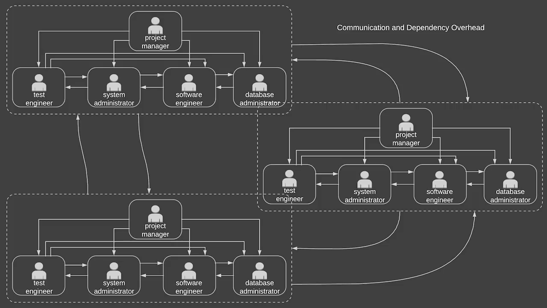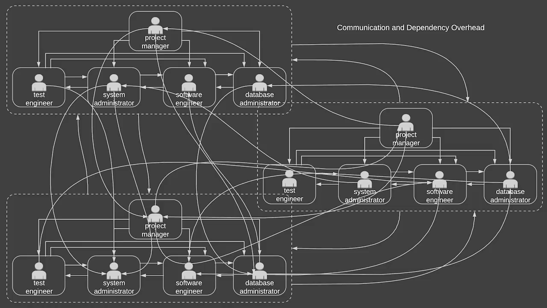So what would happen is these project teams would actually have dependencies on the other project teams. So it would be impossible to try to predict how long it takes to develop something, because there were circular dependencies between the people working on each of these projects. And the communication and dependency overhead was quite a lot. So it wasn't just from one team to another team. The reality looks more something like this, where the project manager is talking to different staff in the company and trying to organize things, and the software developers and database developers, everyone is doing the same thing to try to get the issue resolved.